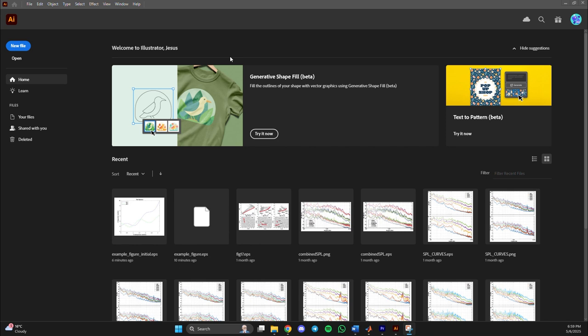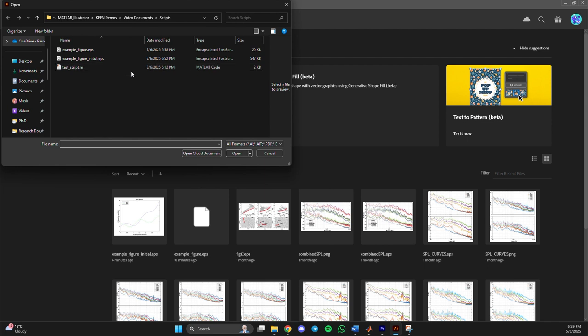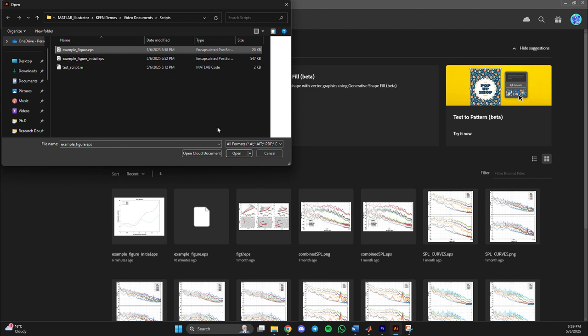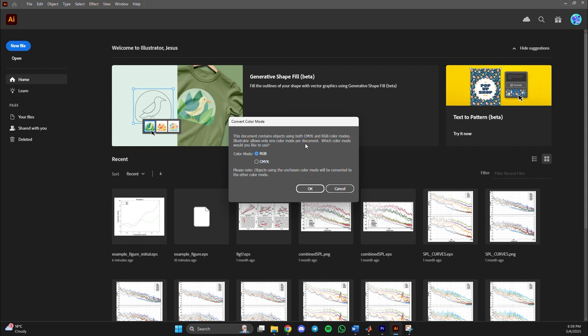Once we open Adobe Illustrator, we will go to the File menu and click on Open. There, we will search for our previously saved EPS file and click Open. The first time we open the EPS file in Illustrator after exporting it from MATLAB, it might take a couple of seconds to open. Afterwards, it shouldn't take that long. We'll be prompted with the following color conversion tab. We can hit OK,